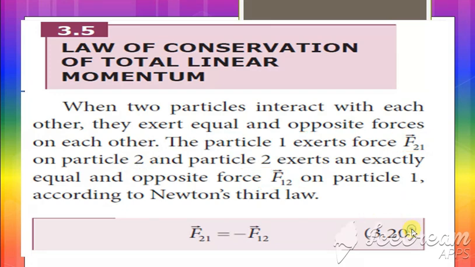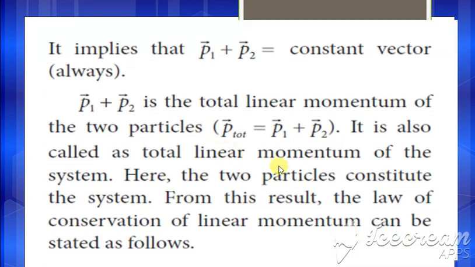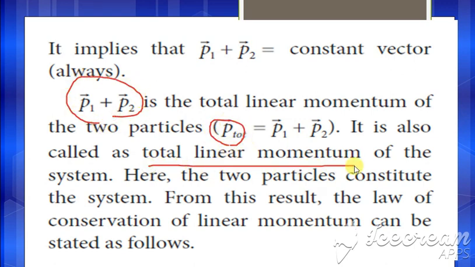If you consider the momentum, it can be written as P1 plus P2, which is equal to a constant vector, where P1 plus P2 is said to be what? The total linear momentum. So instead of P1, P2, it is written as P total. Then the two particles constitute a system, and from this we arrive at the law of conservation